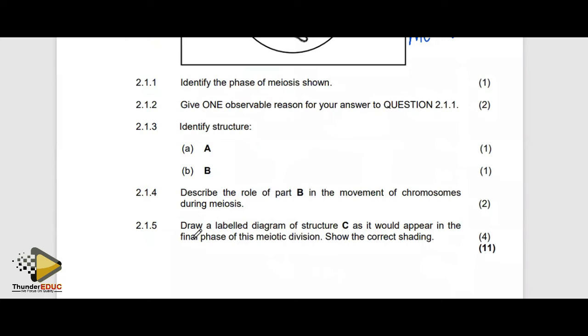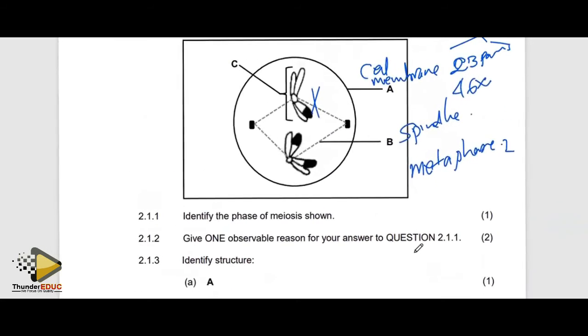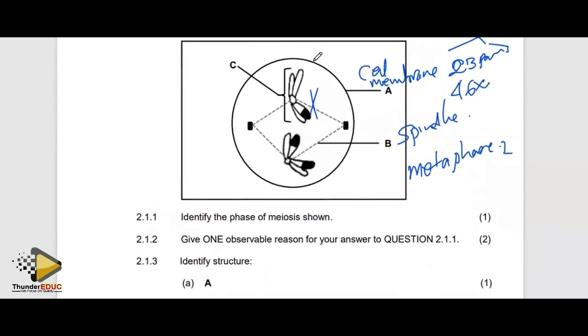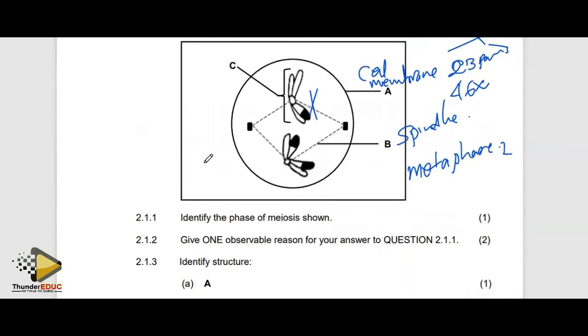Then another question is saying draw a labelled diagram of the structure C that would appear in the final phase of this mitotic division. Show the correct shading of C. So where is C? Remember, this is going to split. It is a chromosome. So if it splits,